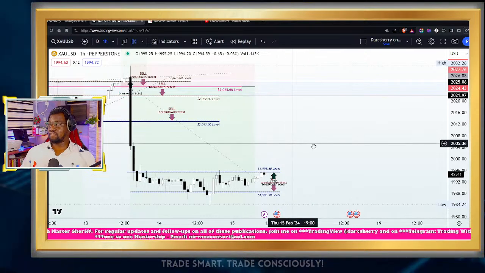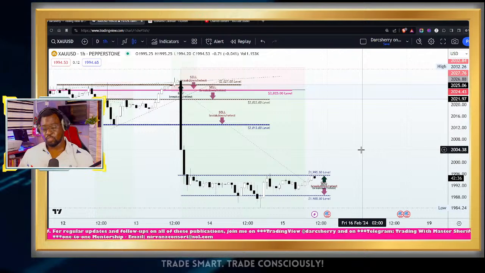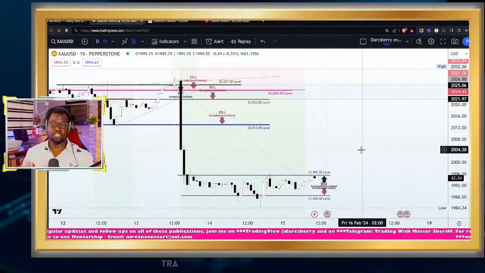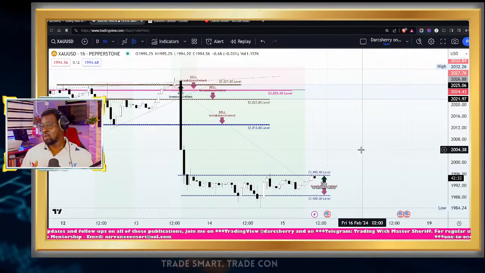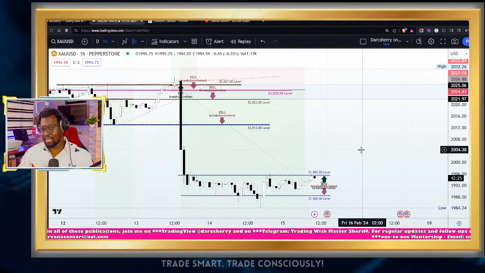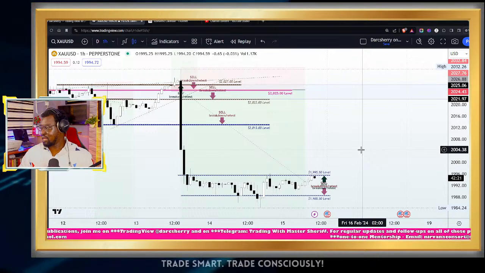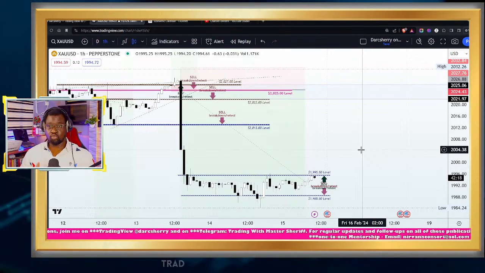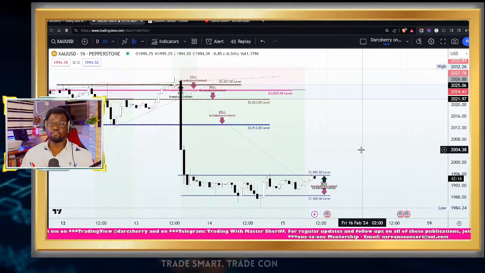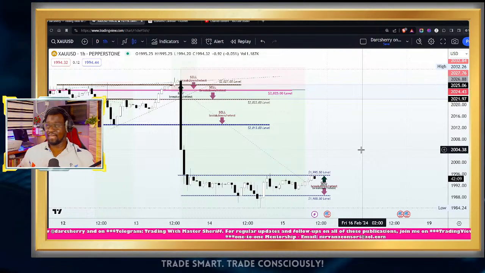In fact, I can say that the gold spot happens to be one of the most profitable assets on our watch list for this week, as we were able to scoop in over 700 pips from that sell position that happened a couple of days ago, to record a positive phase to our portfolio. For those of us who capitalized on this opportunity, well done, and kudos to you for being on standby to capitalize on this move.